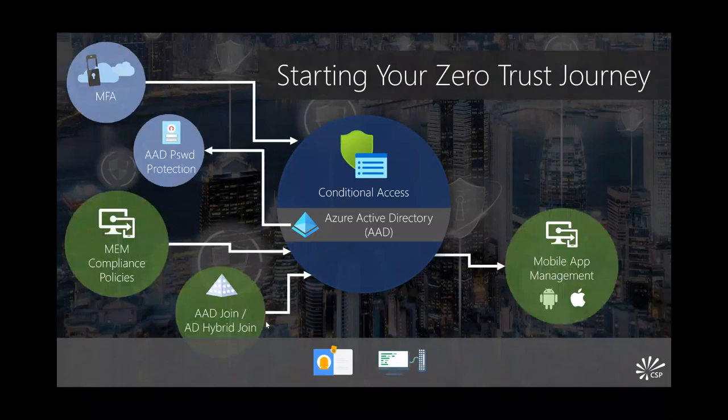So the next area in the zero trust journey is device management. So we go from identity to the actual device management and protection. Now, a lot of enforcement is done through cloud services such as Intune, which is now called Microsoft Endpoint Manager or MEM. Through Intune, you can use things such as compliance policies. Compliance policies basically label a device. That's all it does. Compliance policy doesn't do any enforcement, but it labels a device where then a conditional access